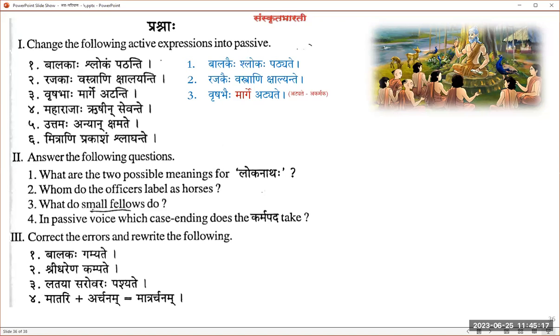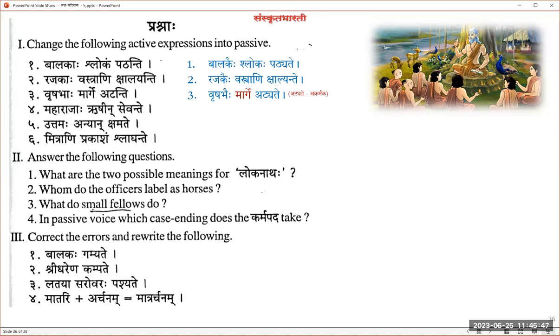Okay? Sir, it's not clear. My question is, if it is Rajakaihi kshalyante, let's forget the middle word, vastrani. No, how can you forget? It is karmani and kshalyante is being directed by vastrani. You can't forget. If we didn't have it, then you can say kshalyate or kshalyante, imagining an ekavachana or bahuvachana, which we can contextually infer.